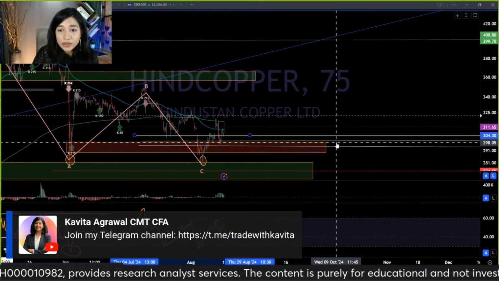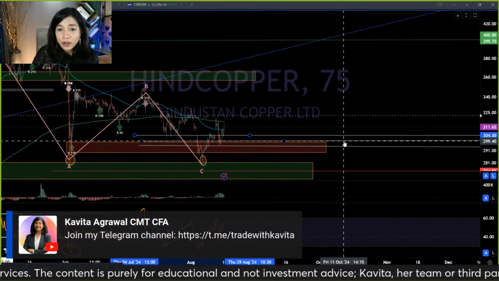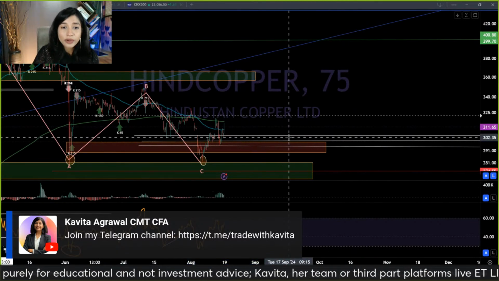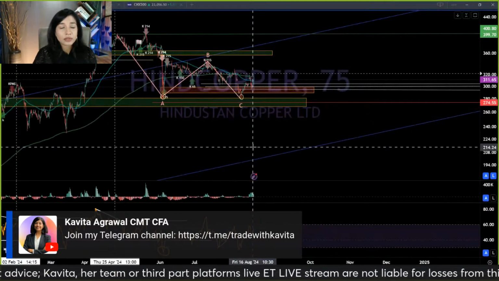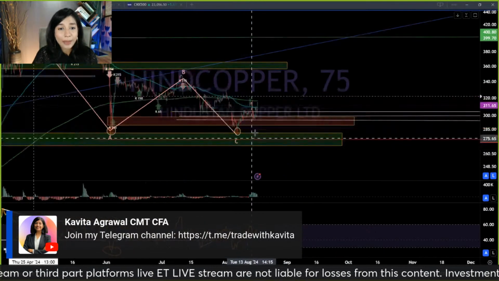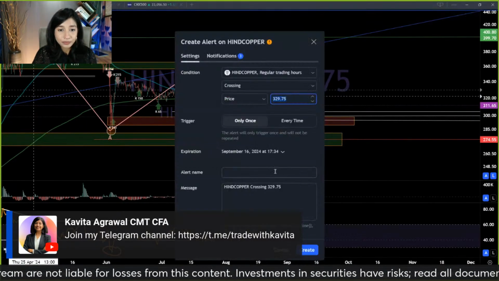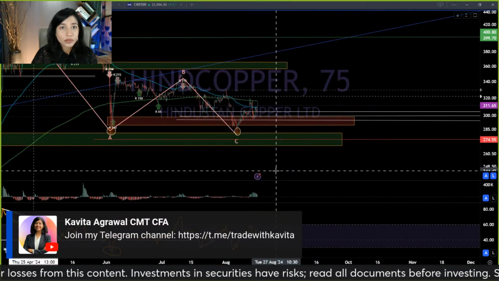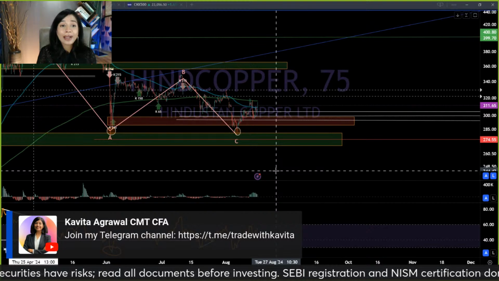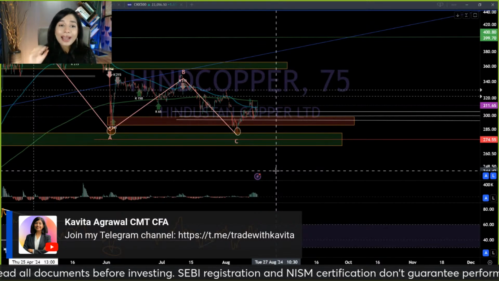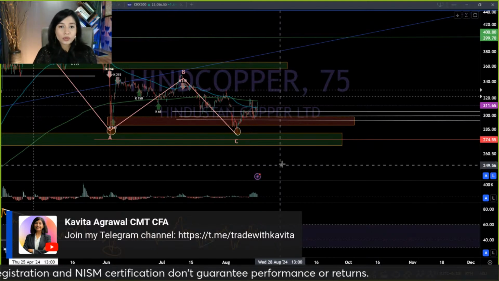So three levels that I'm basically choosing, just eyeballing it, 304, 299 and 295. So I will break up my allocation and maybe allocate up to 70%, even maybe 50% of my total capital with these three. And once this stock establishes a higher high above the level of 330 rupees, then I will pyramid my position. Excuse me, I will add more capital to this. At any point of time, I will not allocate more than 7-8% of my total capital to this stock.